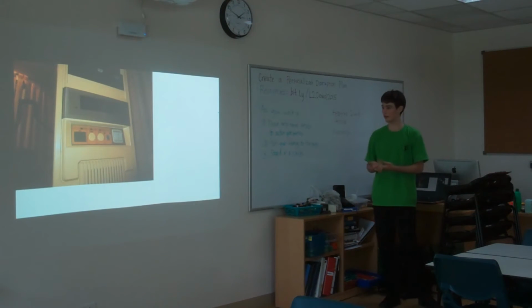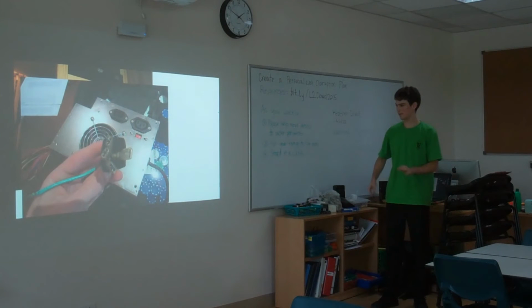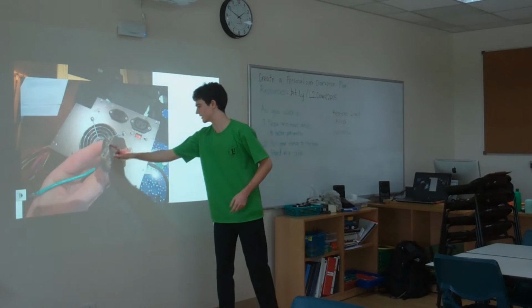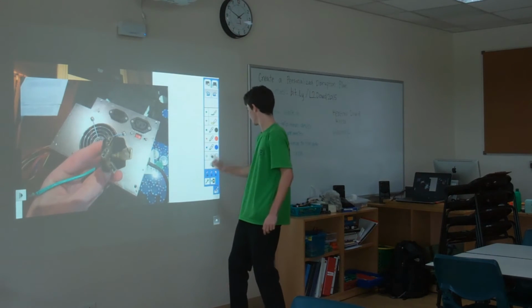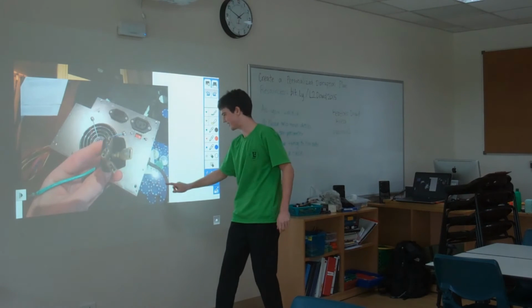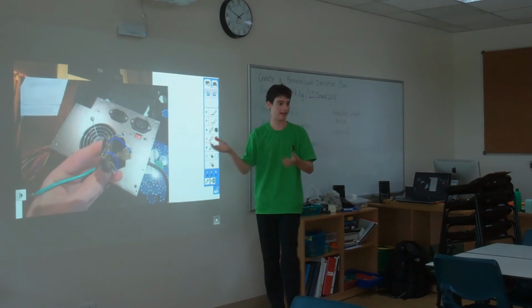Another learning opportunity I got was when someone gave me a power supply from one of those computers that had a switch to turn on and off. The way that works is the power supply is directly connected to the switch, and you connect these two wires. These two wires, whoa, it's huge. Sorry about that. Connect these two wires and these two wires, and it turns the power supply and therefore the